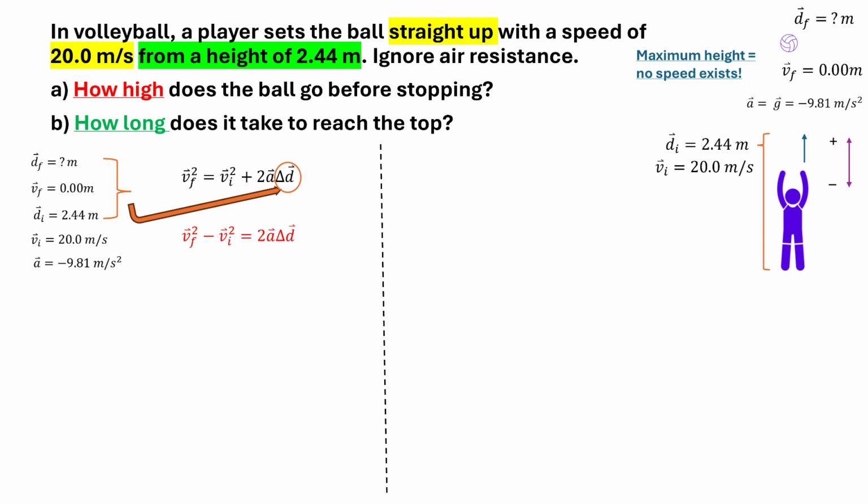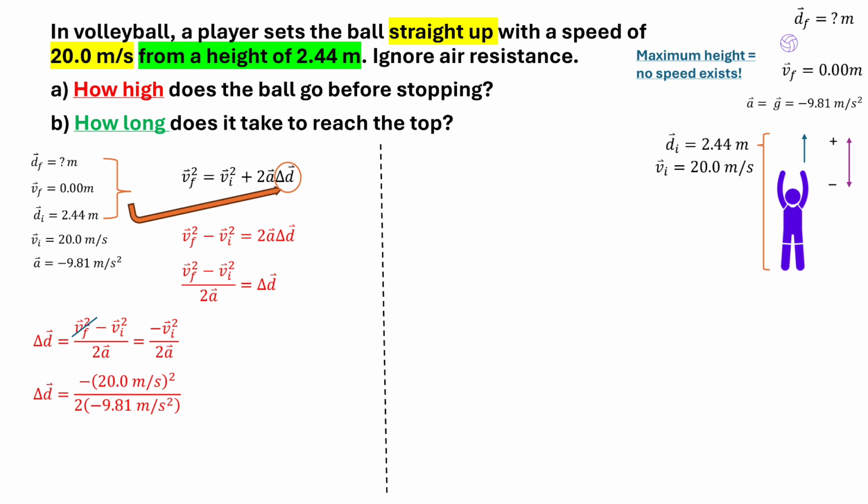First, I'm gonna rearrange by subtracting Vi squared on both sides. Then I'm going to divide it by 2a on both sides. At this point, we can just cancel out Vf squared because at maximum height, we don't have a speed or velocity. Then we have delta D is equal to negative Vi squared divided by 2a. We can substitute the numbers and units. Once we cancel out overlapping units, we will have only meter, which works because delta D is equivalent to height. Once you punch the number in, you will get